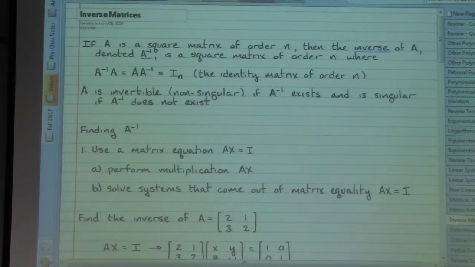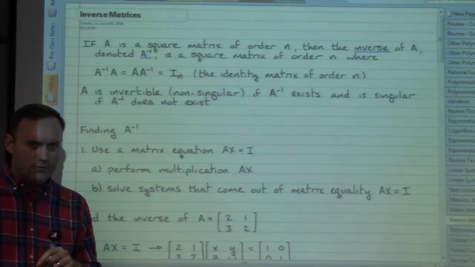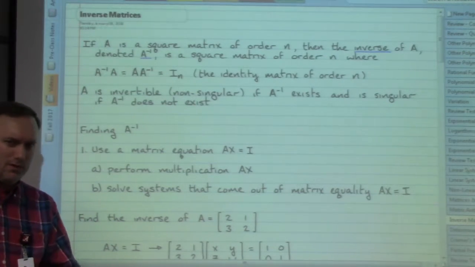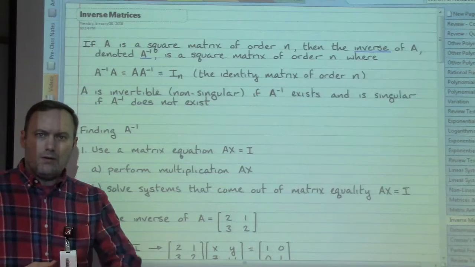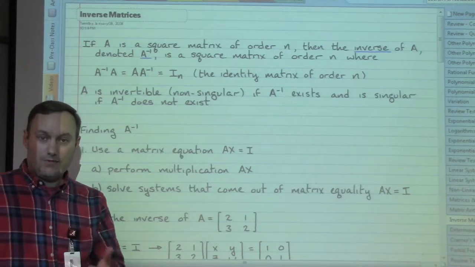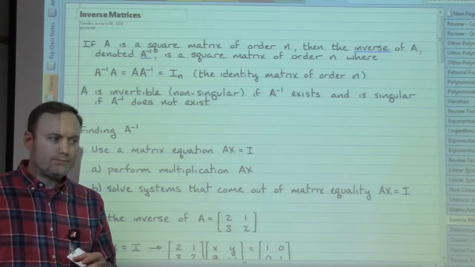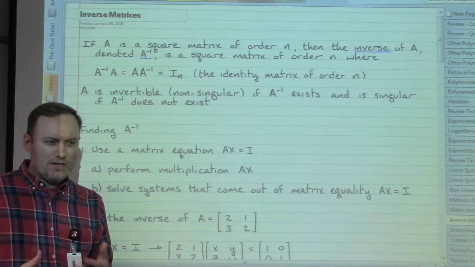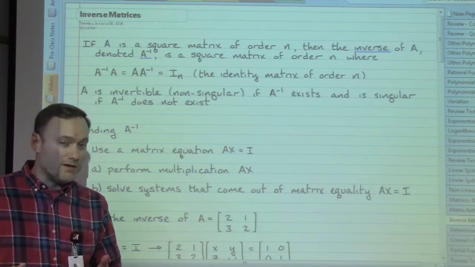So we've hit on the ideas of matrix addition, and with a little tweak we can say matrix subtraction, but it's not really subtraction, it's still addition, and that was using multiplication by a scalar number, a fixed constant number. We talked about matrix multiplication, and so there needs to be at least something to at least kind of dance